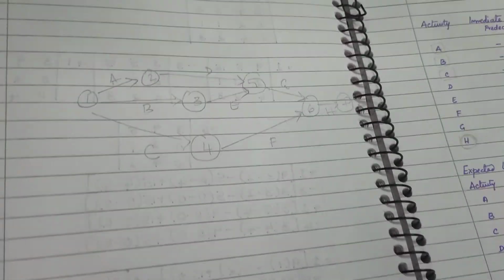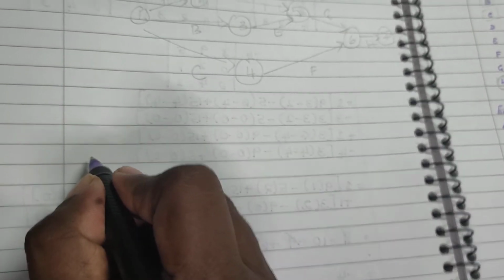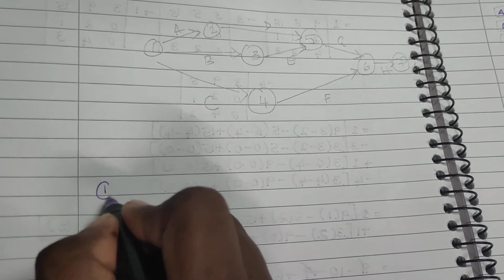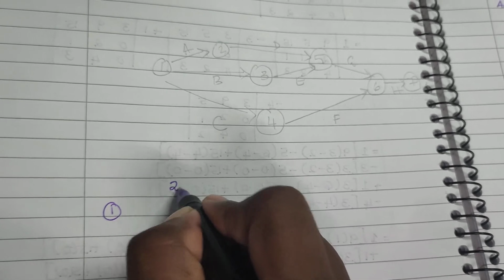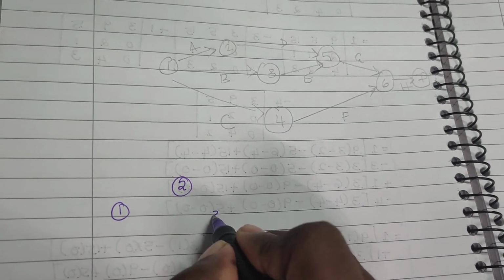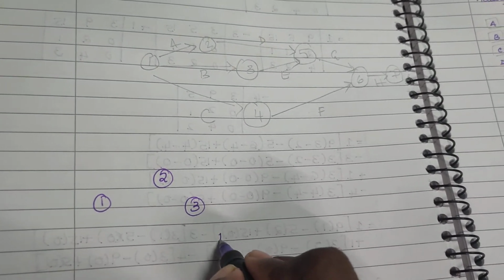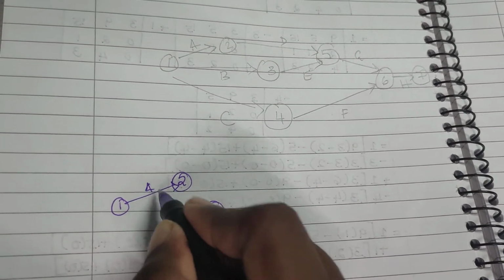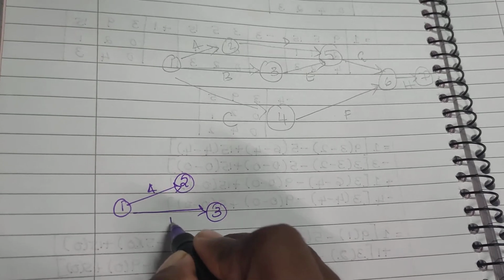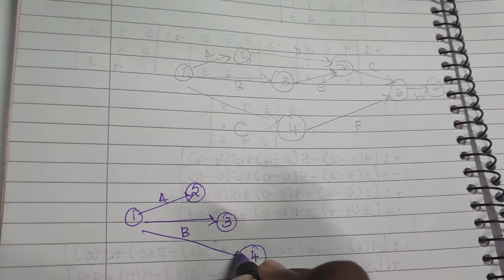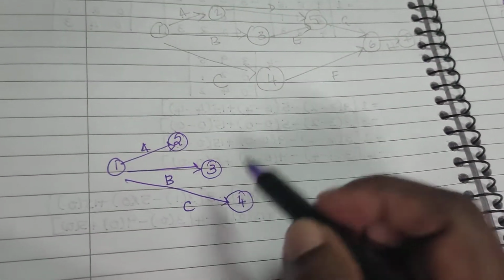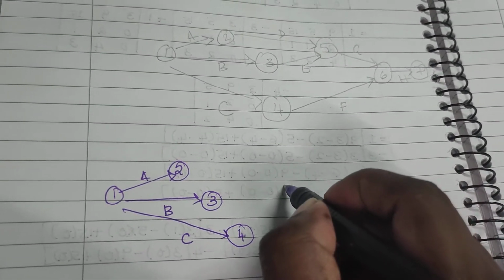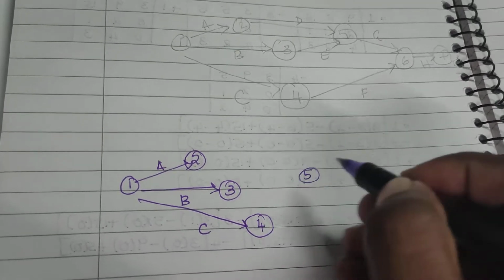What I am going to do is to make it clearer to you, because my camera is not so good, I am going to redraw it so that you have clarity. I always push it a little bit off so that you can understand that 2 comes after 3 and all that. Nodes are like stages, so stages of a project should be away from each other.